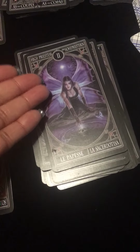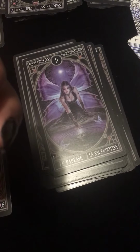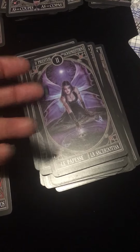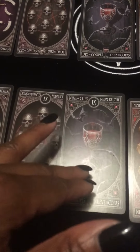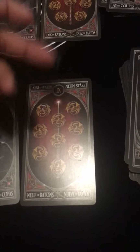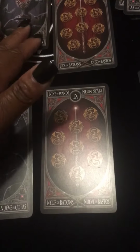Because of the names, like the High Priestess, usually that's an intuition card, or it could be an initiation card or whatever. So the meanings to these cards stick with you pretty quickly. But like I say, with the minor arcana cards, some of the meanings can be a little similar, like the 9 of Wands and the 10 of Wands. The 10 of Wands can be a little bit more drastic than the 9 of Wands,